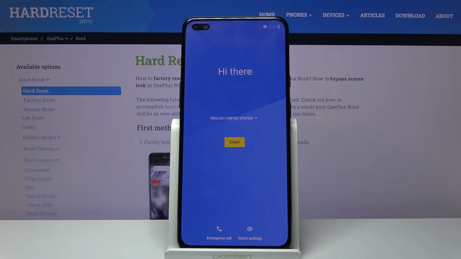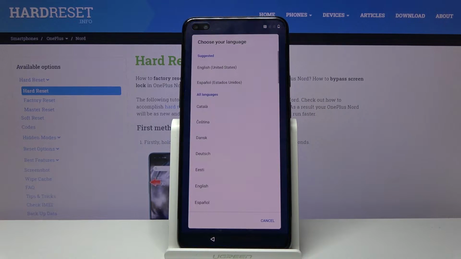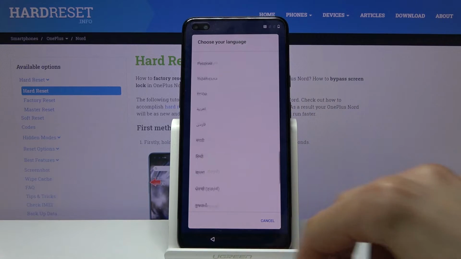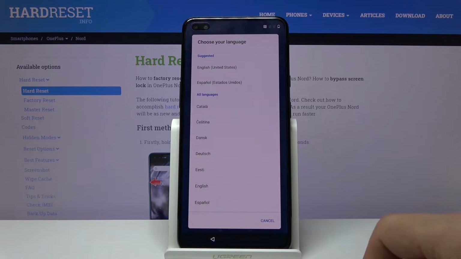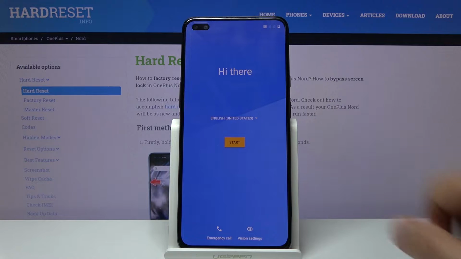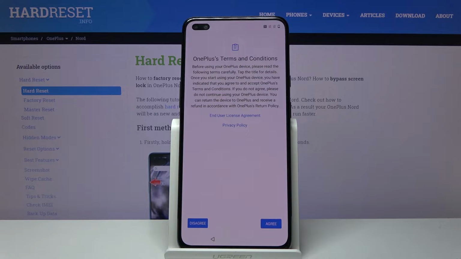Welcome, and follow me, say OnePlus Nord, and today I'll show you how to go through the setup process of the device. So to get started, when you boot up the device for the first time, you'll be presented with the welcoming screen where you get to choose your language by tapping on a drop down and simply selecting it. Now for me it's already selected the correct language, English, so let's go to the next one where you have